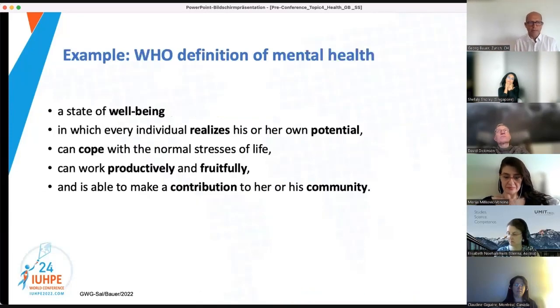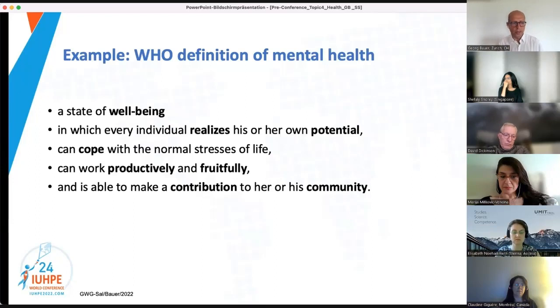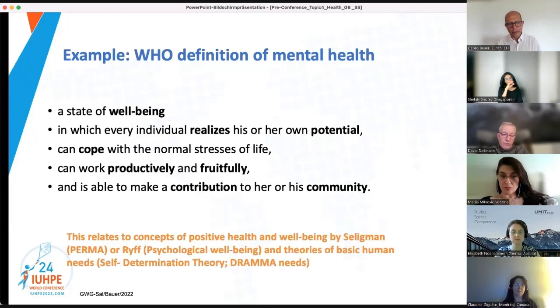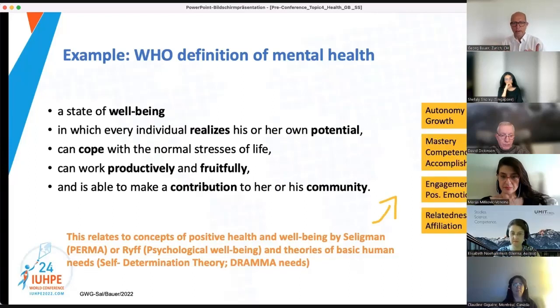And I think both are within us, and I think in this WHO definition, that's already quite nicely contained, which defines mental health as a well-being in which every individual realizes his or her own potential, can cope with the normal stresses of life, and can work productively and fruitfully. And last but not least, even beyond the person, can make a contribution to society. And I think that all resonates well with the well-known concepts in positive psychology, positive health of Seligman, with the PERMA dimensions, or the basic psychological needs of autonomy, belonging, competence. I think that's a very good argument that we can actually talk about positive health as being more than just being at ease